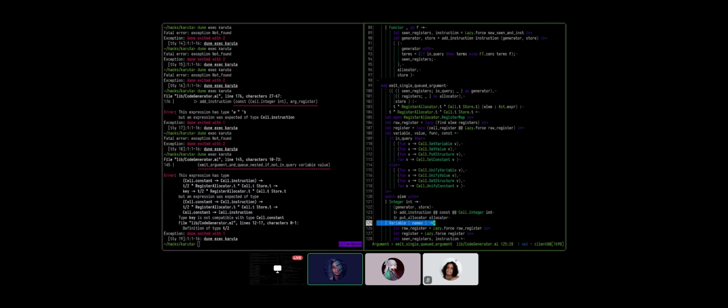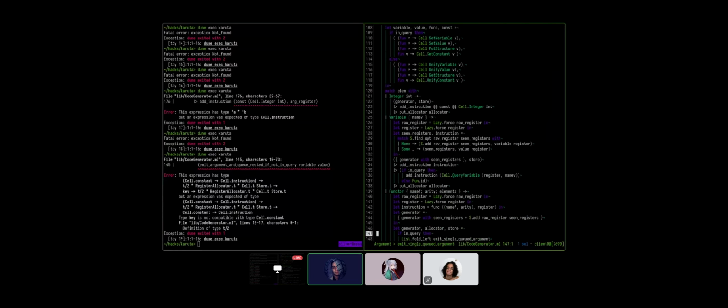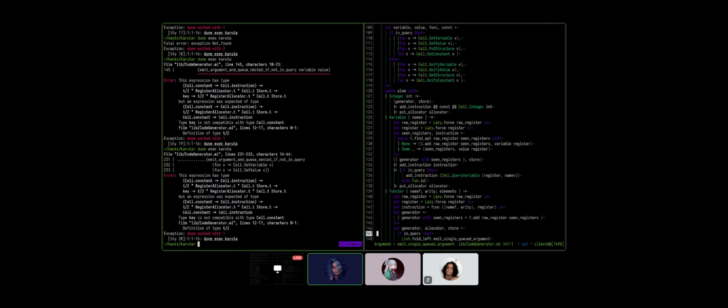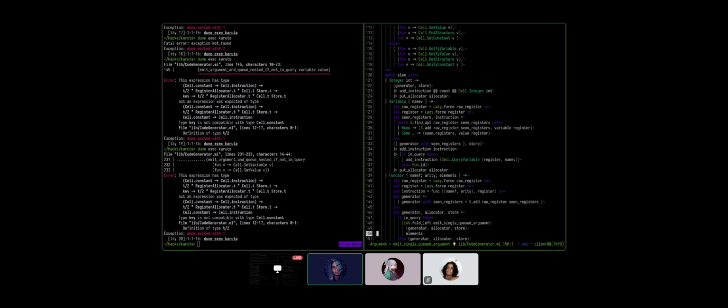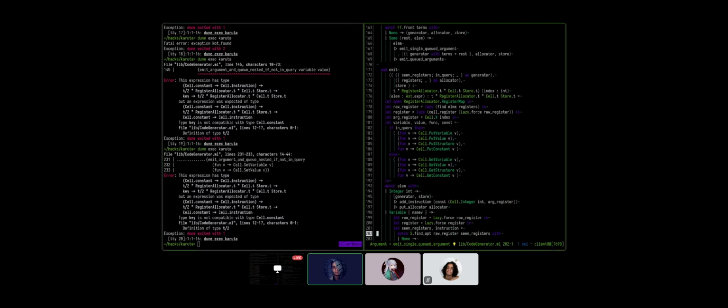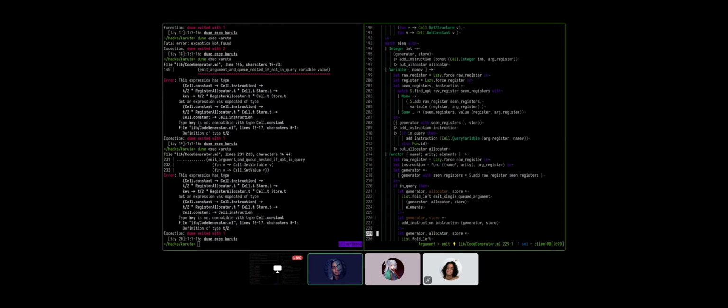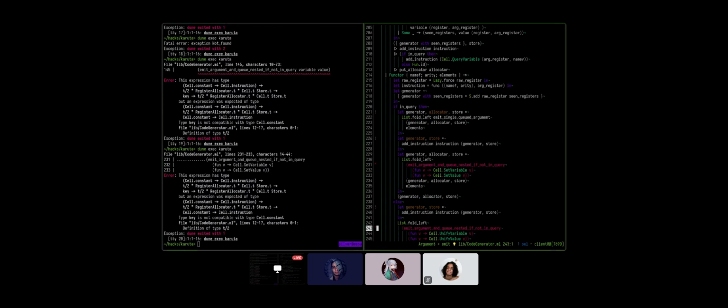Okay, what else is broken? Compiler, tell me. What is wrong? Emit argument in nested if not queries caller is now broken. So 230 something. Yeah, there we go. So this is missing a new argument, which is probably a lambda.